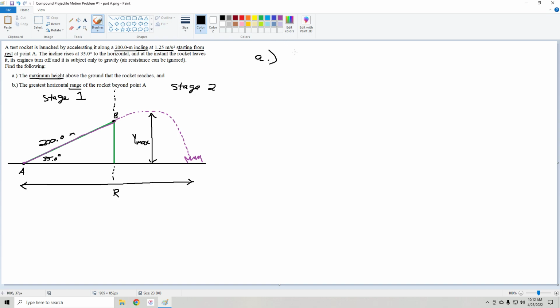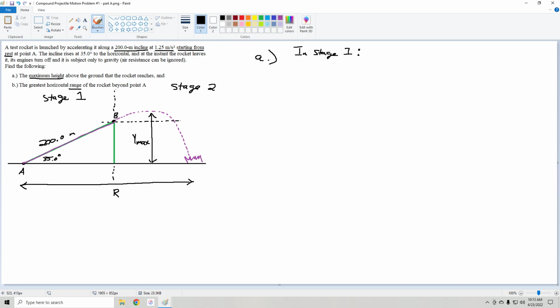So in stage 1, I want to figure out how fast the rocket is going once it reaches point B. That's something important to know, because once we know that number, we can figure out how high it reaches above point B